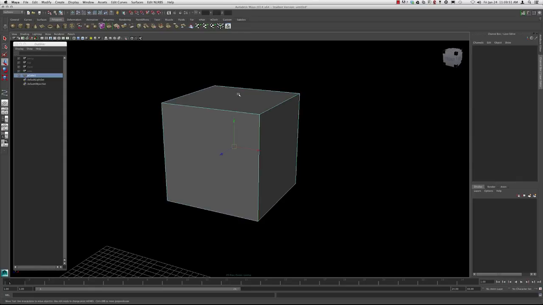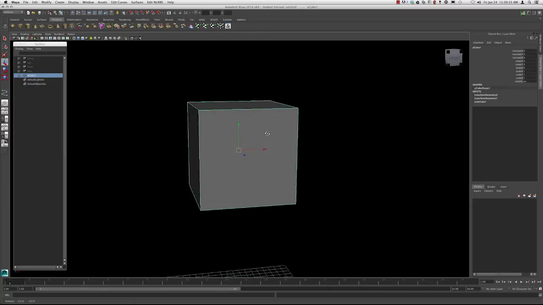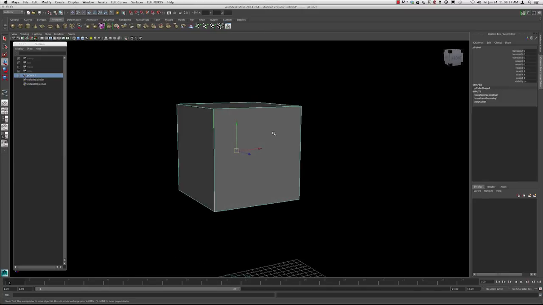And one last thing, if you want to change the size of the manipulator, you can press the plus or minus key on your keyboard, and that will change the size of it. So if it's too big or too small, you can change it, enlarge it,